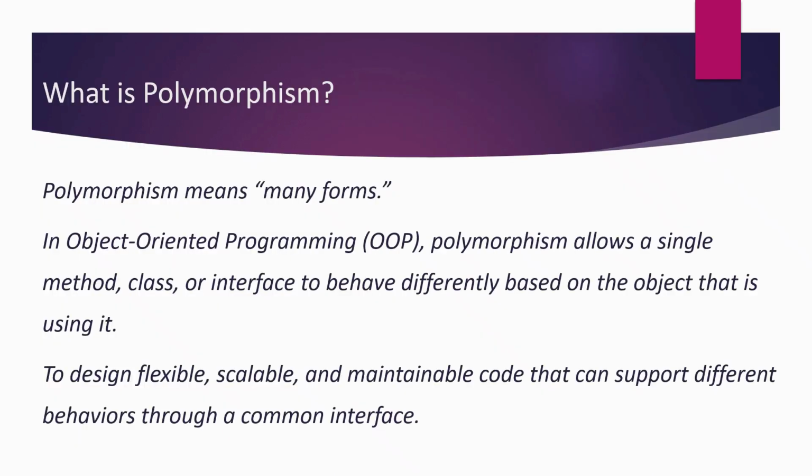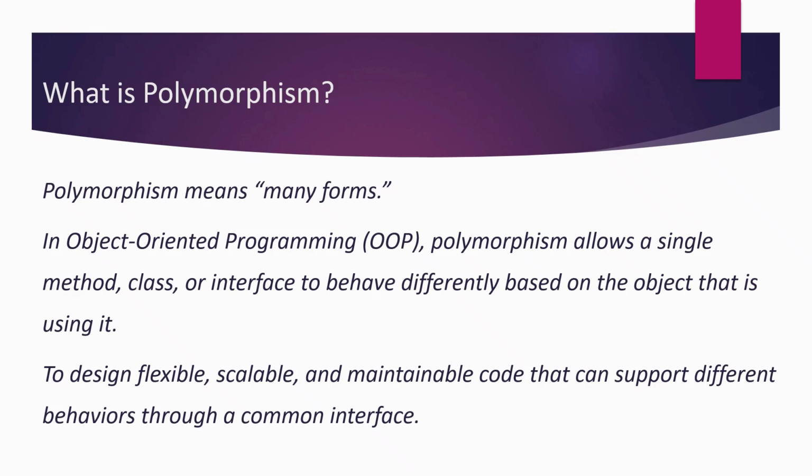Now let's start with what is polymorphism. Polymorphism comes from two Greek words. Poly equals many. Morph equals forms. So, polymorphism means many forms. In object-oriented programming, OOP, polymorphism allows a single method, class, or interface to behave differently based on the object that is using it. Key purpose: to design flexible, scalable, and maintainable code that can support different behaviors through a common